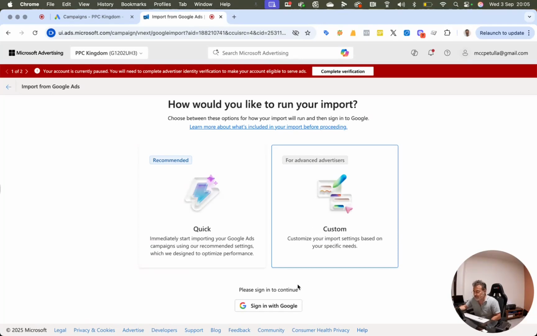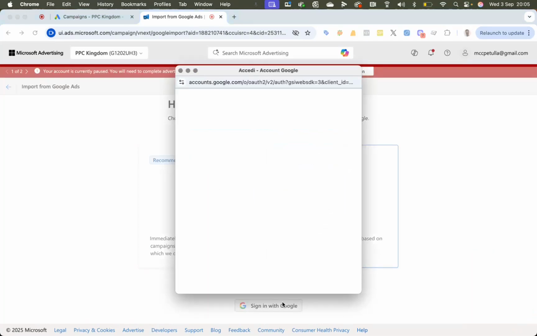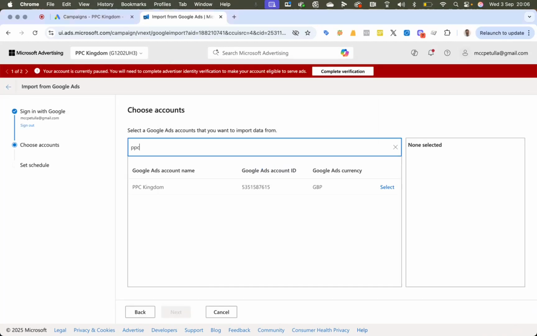Select it. We click on Sign in with Google and we look for the account we want. In this case, PPC Kingdom. We select it, we click on Next,